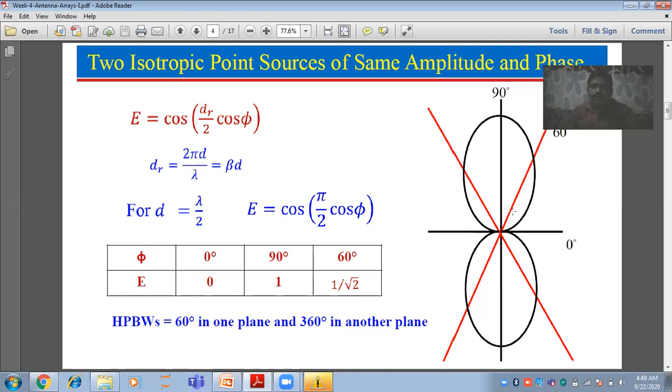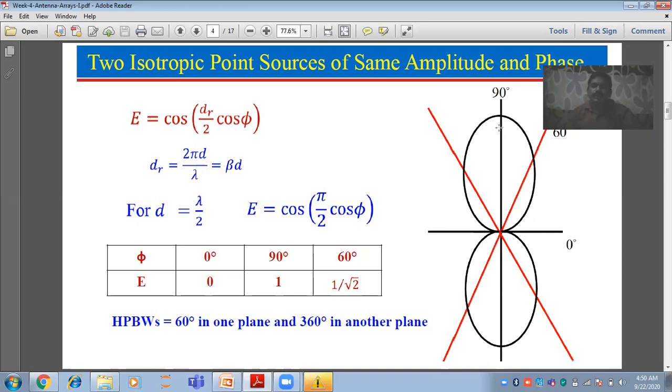In case 1, the radiation pattern is lying along the perpendicular direction. Perpendicular direction is nothing but broadside direction, so this case can be treated as a broadside array. That means we can construct a broadside array when we maintain the same amplitude and same phase currents to the respective antennas in the array. We have taken only 2 antennas, and for those 2 antennas we take the currents with same amplitude and same phase.